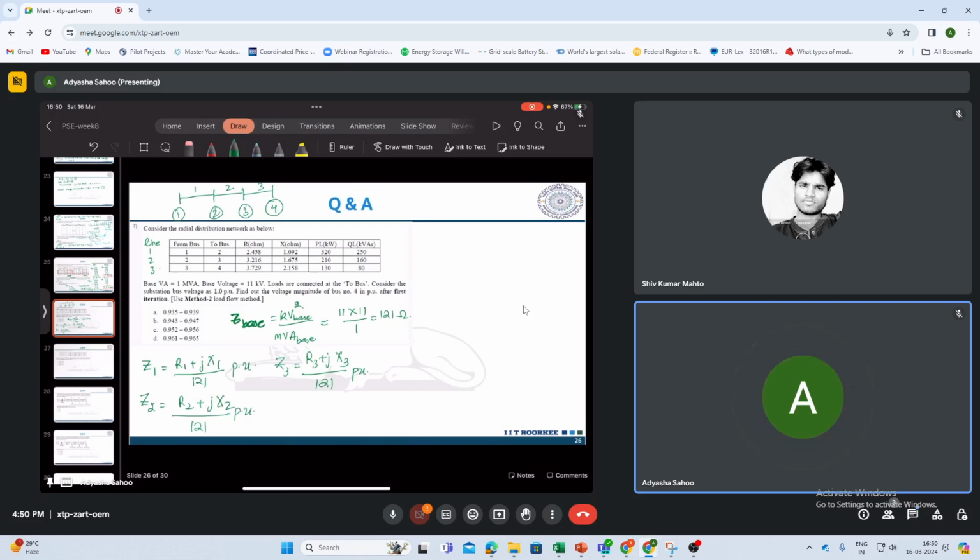Okay. Similarly, you need to convert the loads also. So for load, you need to divide by what is 1 MVA. That means 1000 kVA. So this is in kilowatt, means kVA is, so